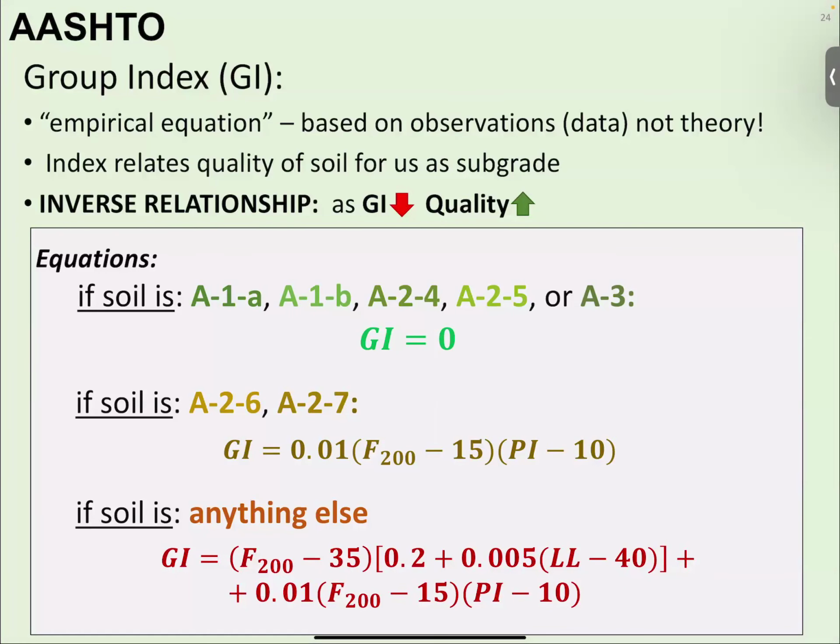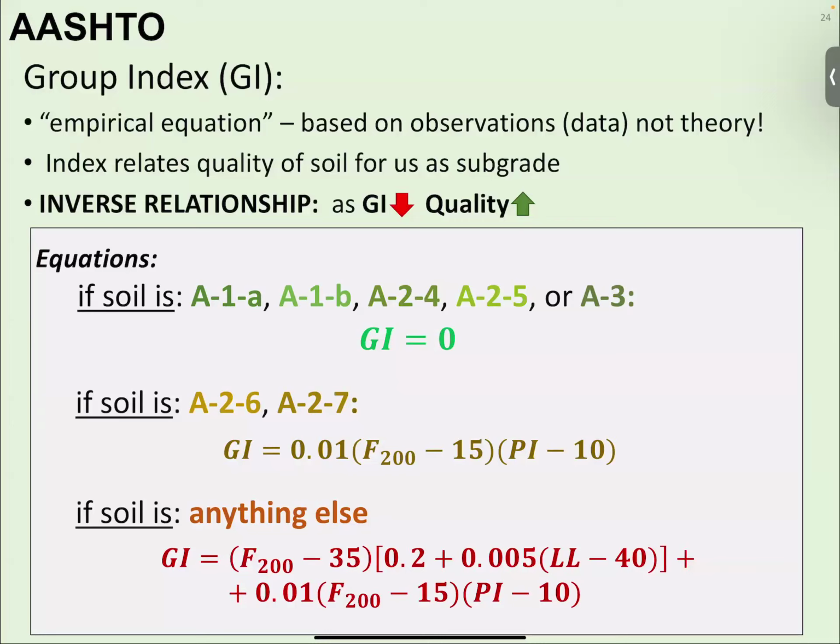All right, so the group index. Group index is that very last part of the classification. This is similar to the group name that we have in USCS. The group index is just a number that classifies the quality of the soil. It's an inverse relationship, so it's a little non-intuitive, but as the group index goes down, so the lower the value, the higher the quality. So if we have a really high group index, then that soil is not going to be very well suited